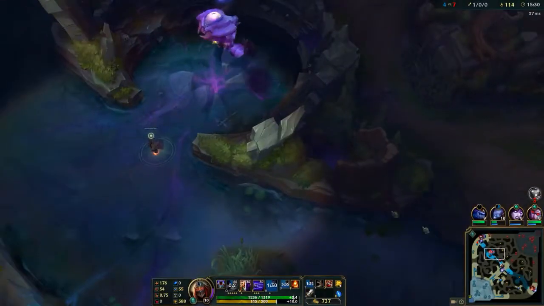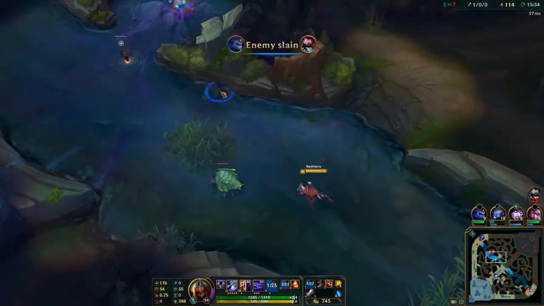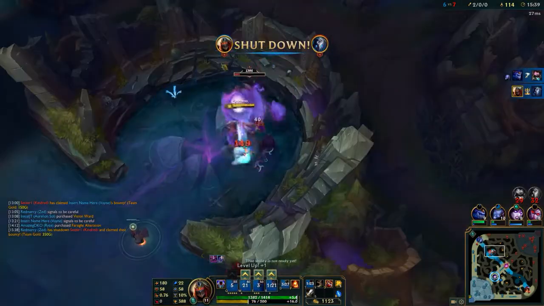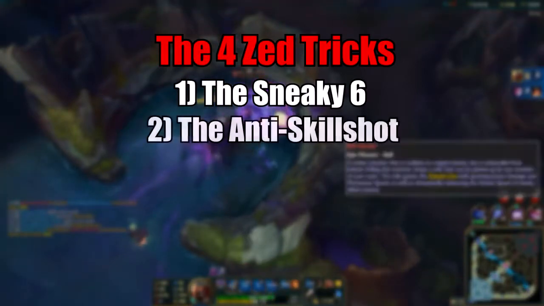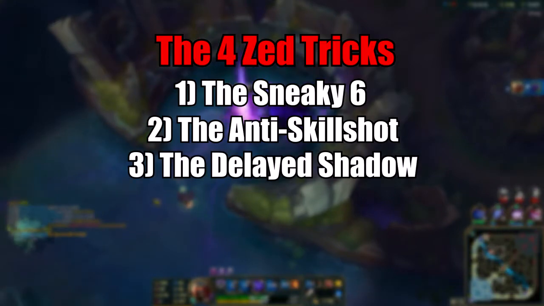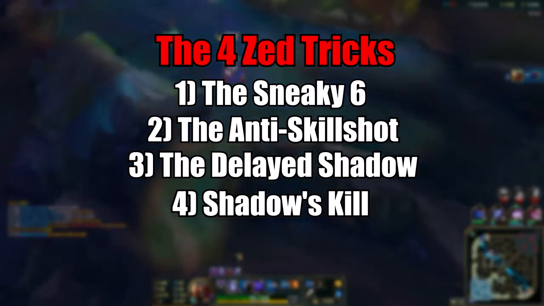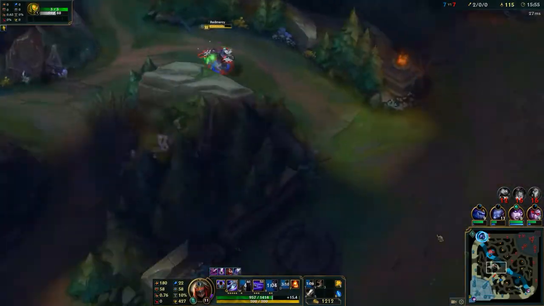Alright guys, so first I'll list out the 4 different advanced tricks that I'll be talking about through this video so you get a general idea as to what we will be covering. The first trick I'll be talking about is what I like to call the sneaky 6. Following that, we'll talk about another trick called the anti-skill shot. And moving on from that, we'll talk about a trick called the delayed shadow. And the final trick of this video is going to be the shadow's kill. But now that you have a general overview, let's not waste any more time and go right into the first